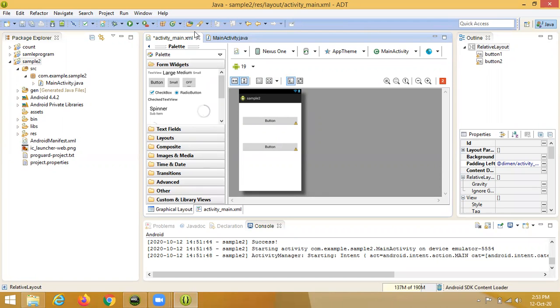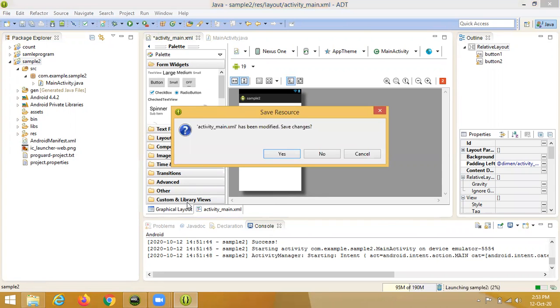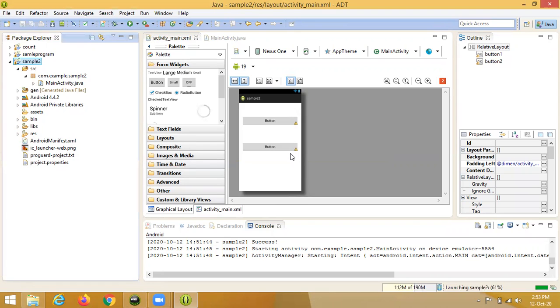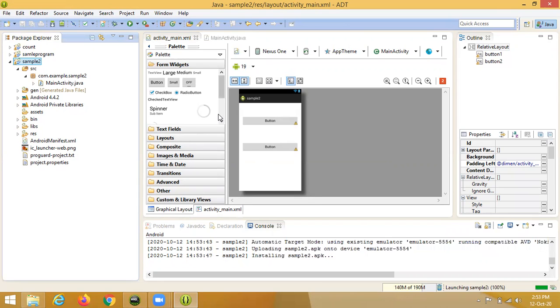When you put the button, again we run the program, because all the source code and the graphical layout will be merged into the Java file and the R file. R is a file which connects the Java program and the graphical layout.